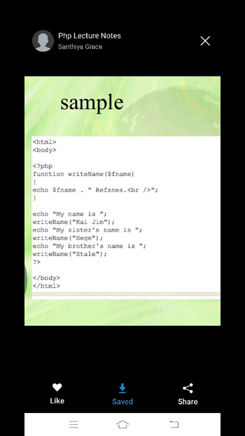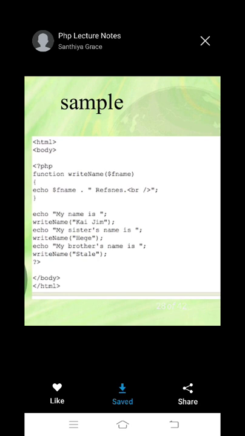So PHP calls writeName, the value Kai Jim is assigned to $fname, and then echo $fname prints Kai Jim, followed by " references". So you will get "My name is Kai Jim references".